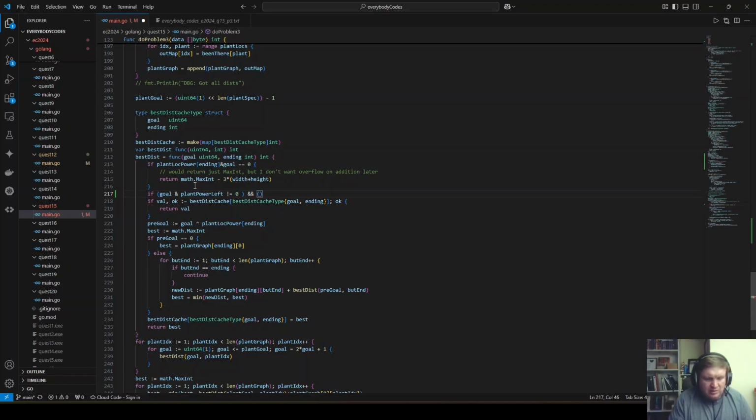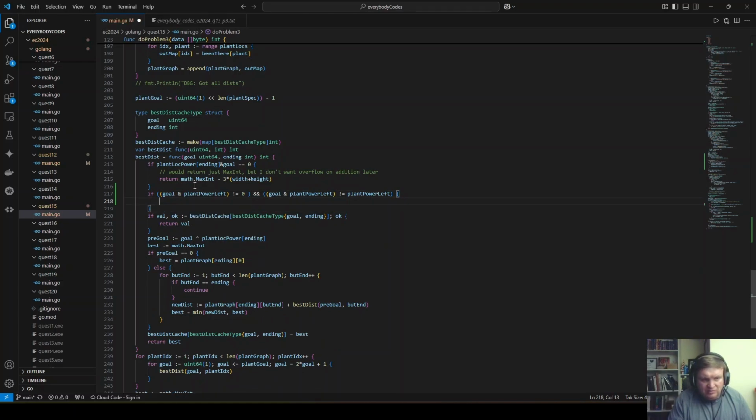And goal and plant power left not equal to plant power left. If that is true,